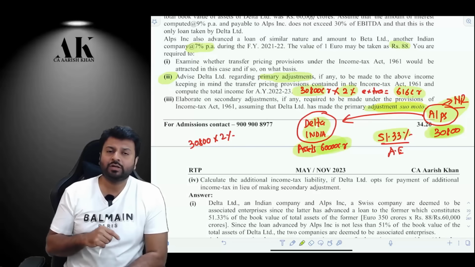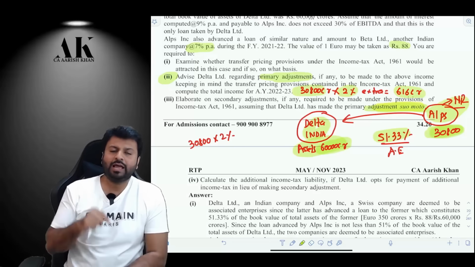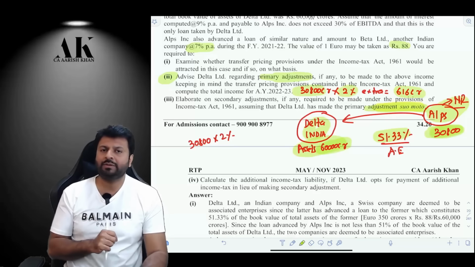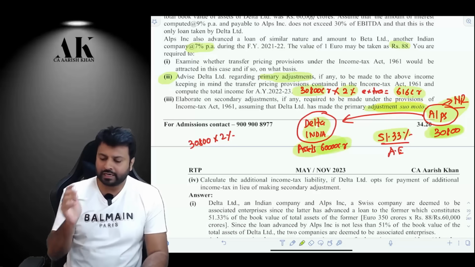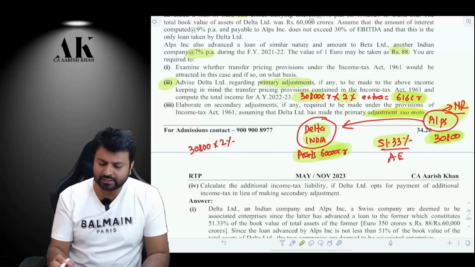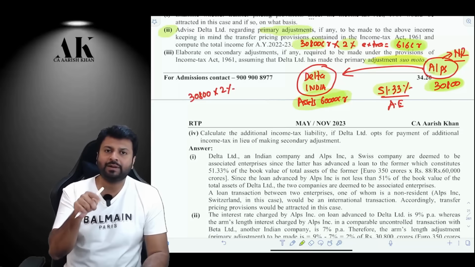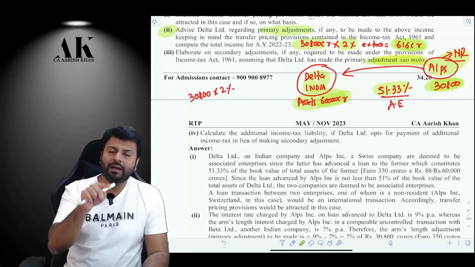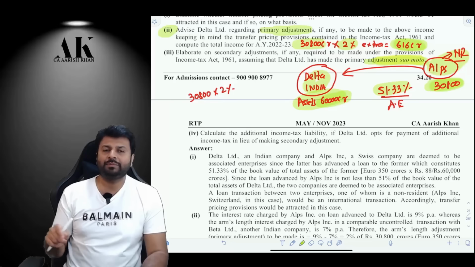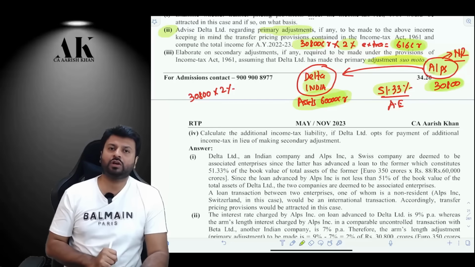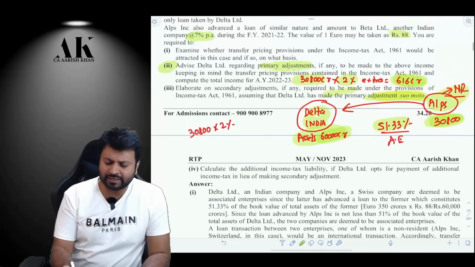If you do not bring back the money to India till 20th of Feb 2023, you will be liable for what? Transfer pricing provision over here. How much tax will be imposed over here? How much will be the secondary adjustment? It will be nothing but that 616 crore, the primary adjustment, multiplied by LIBOR. Why LIBOR? Because the transaction is in foreign currency. Therefore, multiply by LIBOR plus what? Apart from LIBOR, plus 3% extra will be imposed, and the interest will be charged from 30th November 2022 and not from 20th Feb 2023. Be very careful.